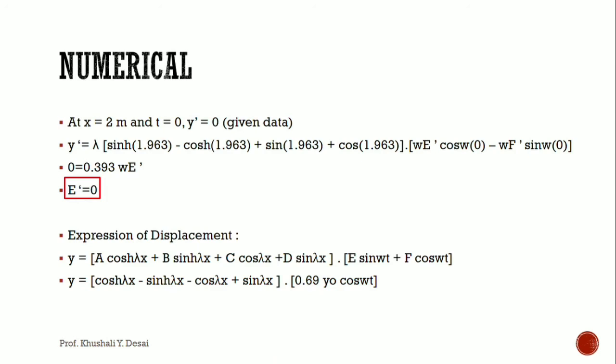So for any value of x and any value of time t, we are able to now obtain the displacement y with some given initial condition of y0. This is valid for a prop cantilever having length of 4 meter. So for any other type of beam or support condition and any other length, the procedure can be modified accordingly with modified boundary conditions.